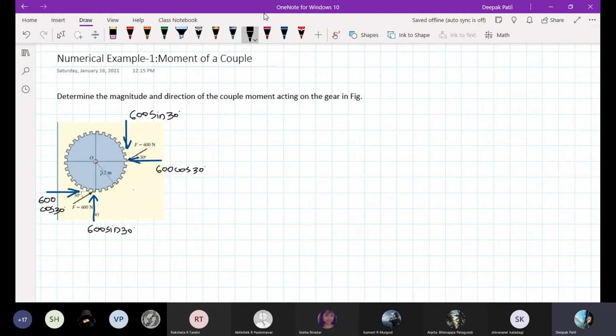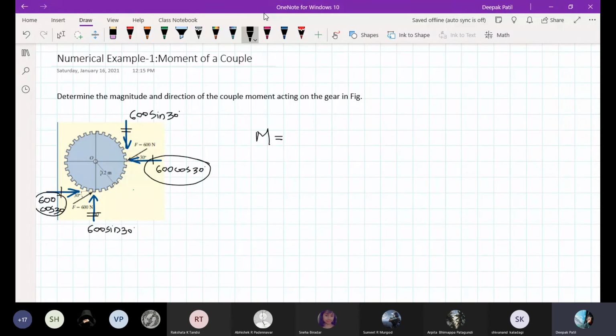If you see carefully now, are this force and this force not trying to form a couple? Yes or no, students? Yes, sir. And which are the other two forces? This one and this one. These two will form a couple and these two will form a couple. So to find the moment of the couple, I can add them. First, let me find the moment of the couple because of these two forces.